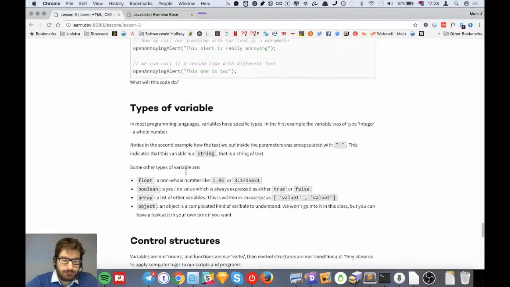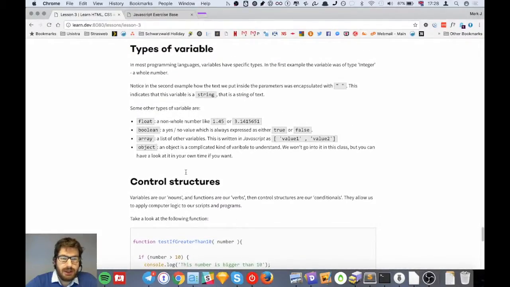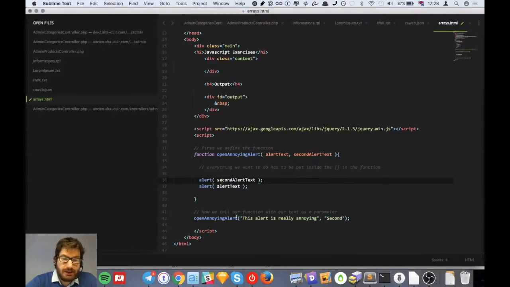Okay. Now just to quickly look at the types of variables that we can have. In most programming languages we have specific types of variables. The text we put inside these parameters was encapsulated with quotes, and quote marks indicate to the program that the variable is a string. So anything that we put within quotes, even if it looks like it could be something else, will be interpreted